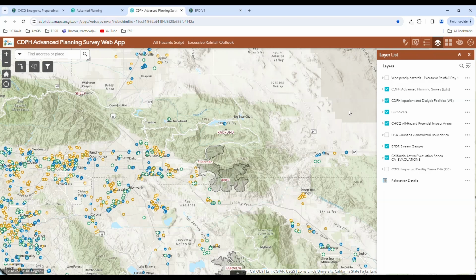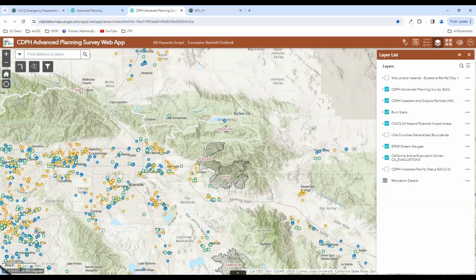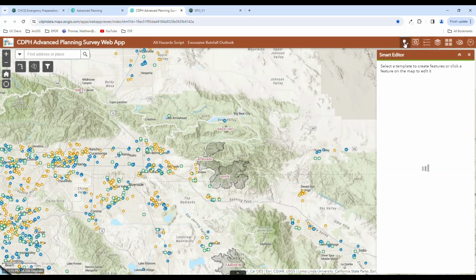What it doesn't have is a survey filled out for it, right? This is just referencing who is where, who is near this burn scar area, and we now need to create a survey for it, get all that into the dashboard, and then we can then take a survey for it. So the way to do that, now that I can see what facilities are near here, is I'm going to use the Smart Editor, which is this little tab right up here, and I'm going to draw a potential impact